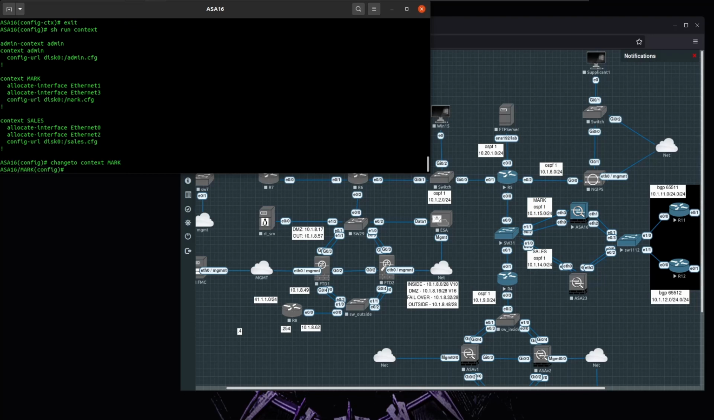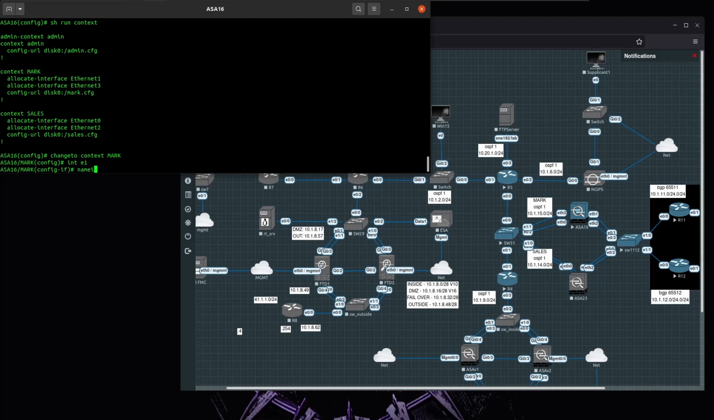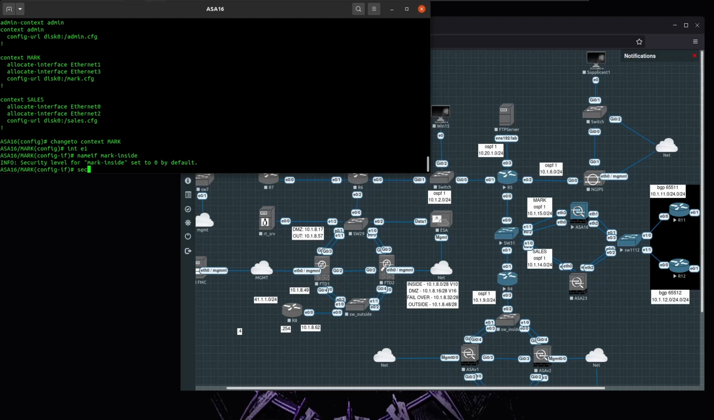So mark has E1, and I'll name it. This is going to be inside interface. Just to make it clear, I'll say this is mark inside, and I'll set the security to 100,